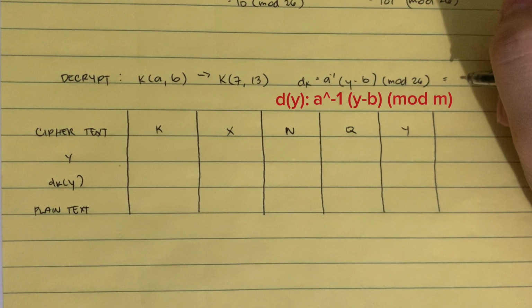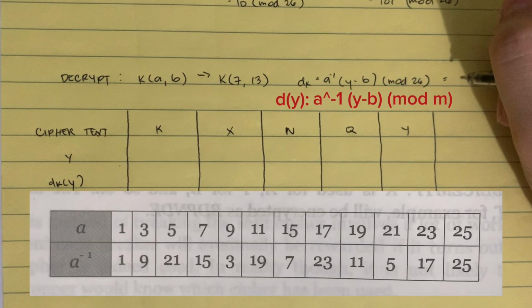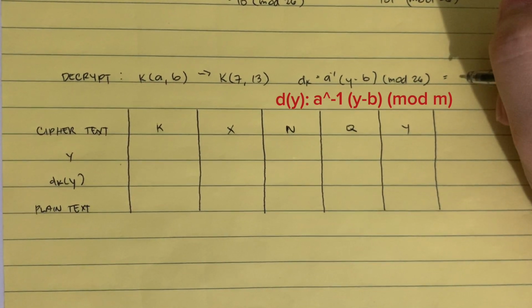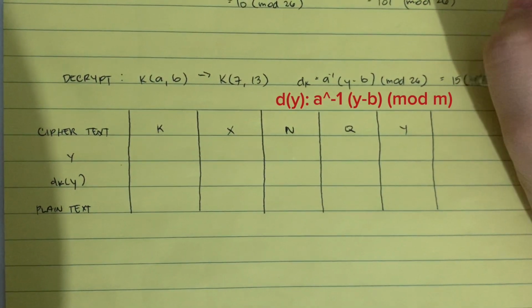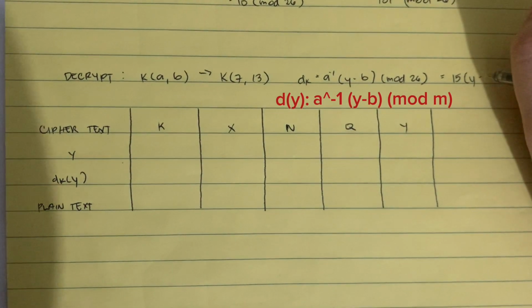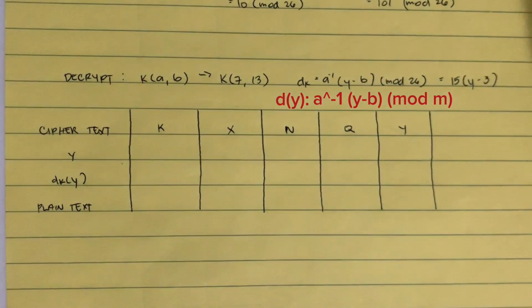I am sorry, I seem to have mistakenly written 13. Please take note that our K is 7 and 3. So let us first substitute our formula for our decrypting process. We will be basing from this table here for the substitution of a raised to the power of -1. So let us find 7 in A's row, and here 7 corresponds to 15 as it's a raised to the power of -1. So let us now substitute the formula to get d sub k of y, which is equal to 15, and y minus our b, which is 3, and then modulo m, our m is equal to 26,